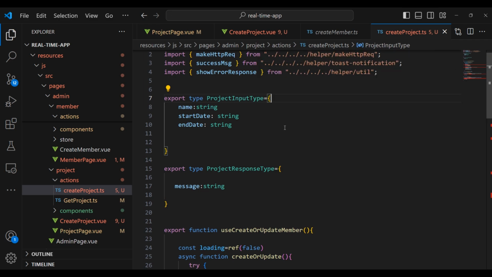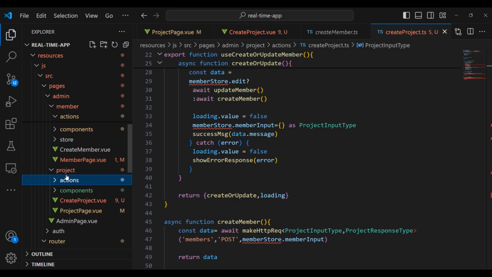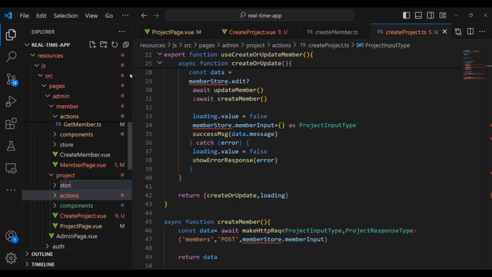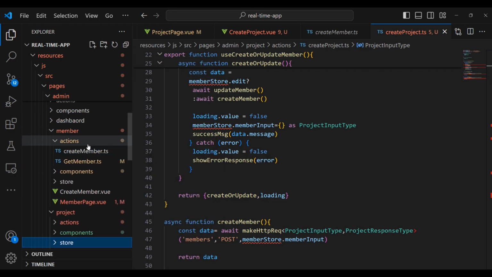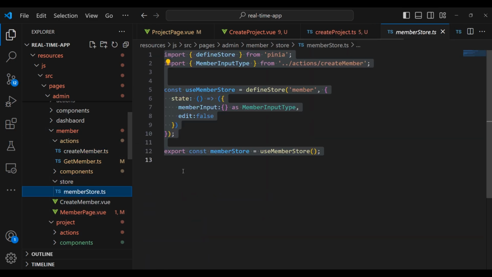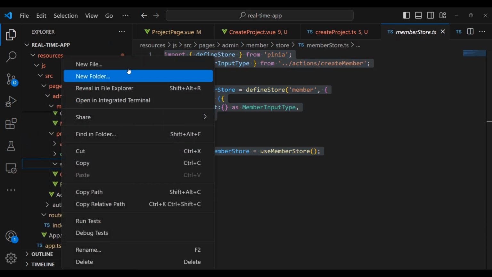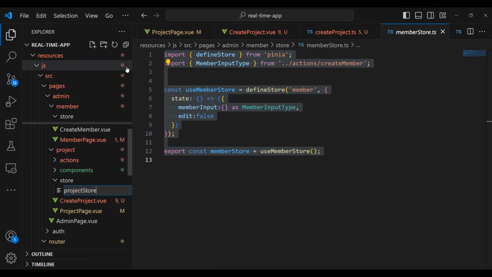And after that guys, we need also to create a store. You can see right here we have member store. We're going to work on the create and update at the same time. And right here I'm going to get into the project folder again, I'm not creating another folder. I'm going to say store, and within the store I'm going to create a store. I'm going to get into the member folder right here, and then into the member store.ts and copy the content, and get into the project folder again, and within the store folder I'm going to say project store. We're going to use the store to store data. It is going to be like a central data storage because we're going to use it to create and update a